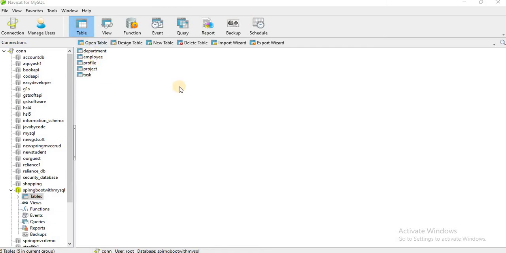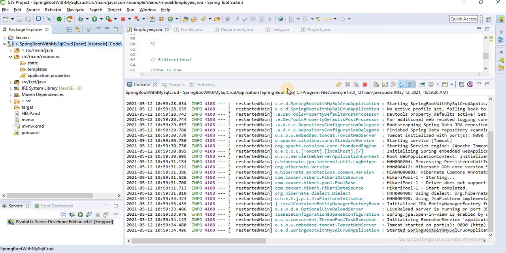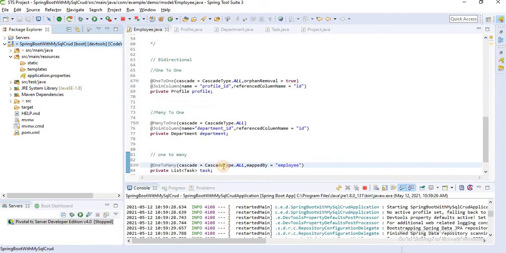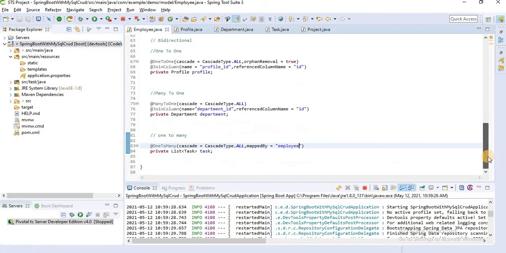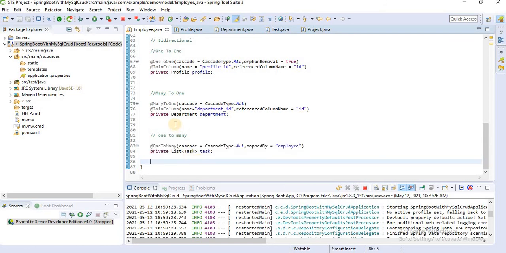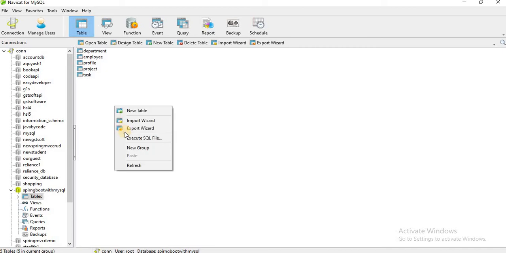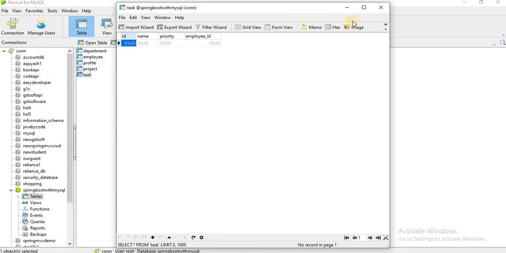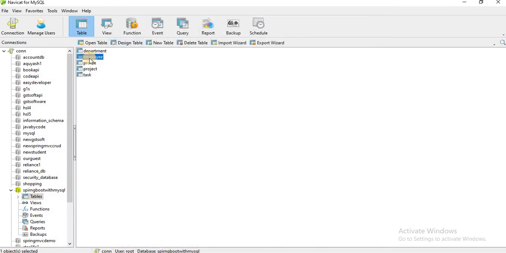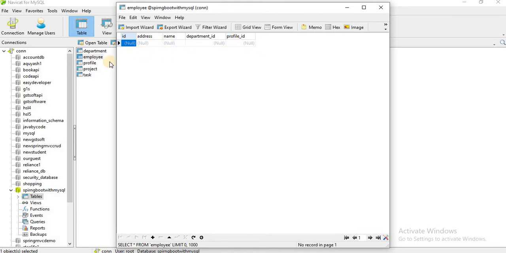If you are making changes while your server is on, at that time it automatically creates the separate table. That's why first terminate your server, then define the one to many mapping. If your server is on and you put in the one to many mapping code, it immediately creates a separate table, and there we define the employee ID as well as your child table ID, that means task ID. Now you can see, I will refresh. You can see inside the task table here employee ID. Inside the employee table there isn't anything stored about the task.